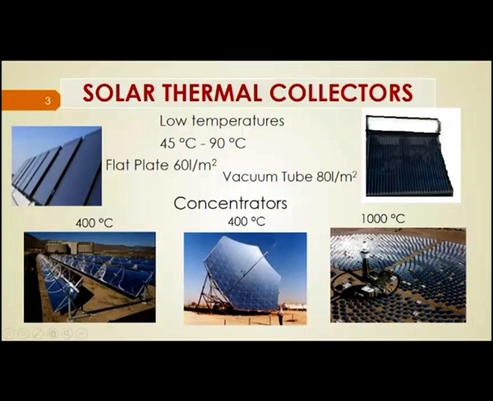In case of the dish type concentrator, the mirrors are arranged such that the sun rays are focused to the center, and whatever is available at the center gets heated to around 400 degrees centigrade. If we use more number of concentrators as in this figure, we can get temperature of about 1000 degree centigrade, and it is used to generate the heat by the steam